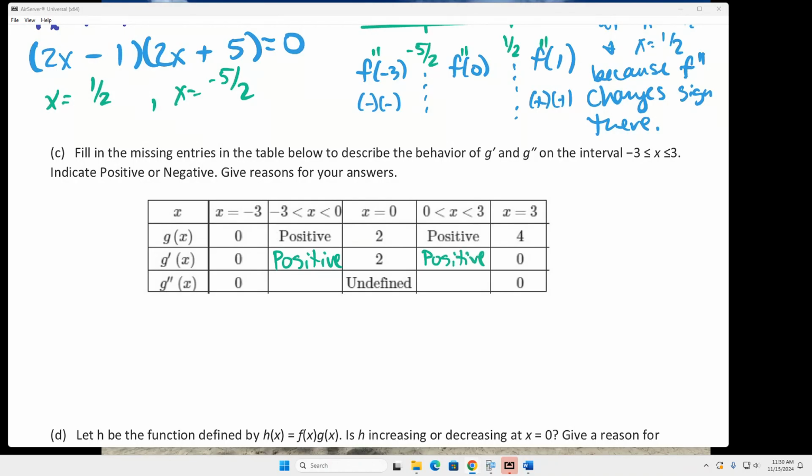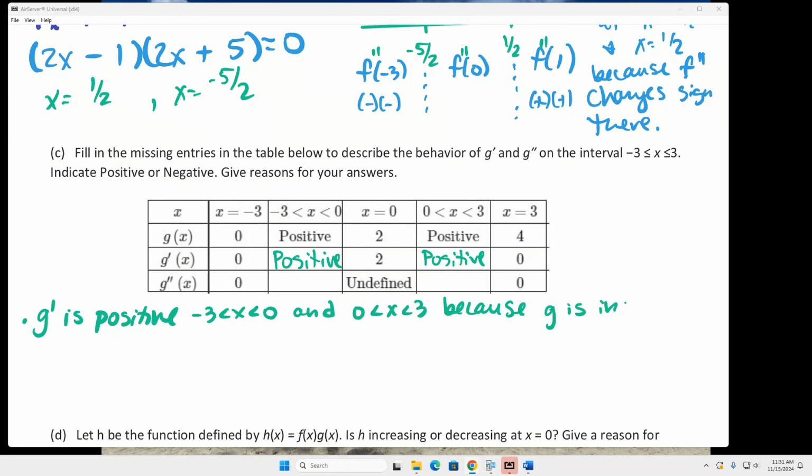I'm going to go ahead and give my reasons for that. So g prime is positive, and then I'm just going to list our intervals like they are on the table. And the reason is because g is increasing there. Well, g is actually increasing everywhere on this graph, but